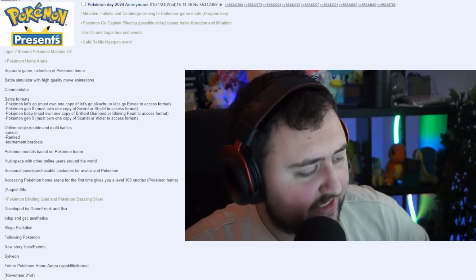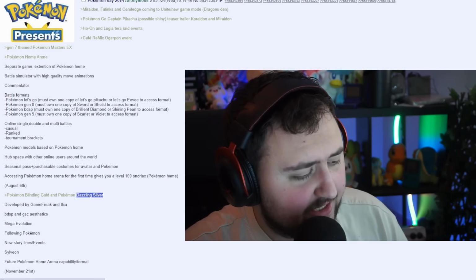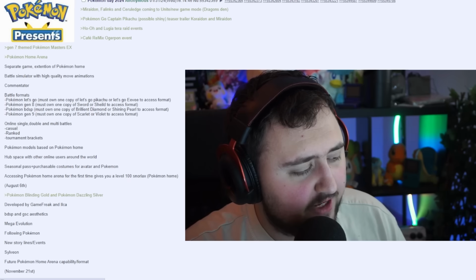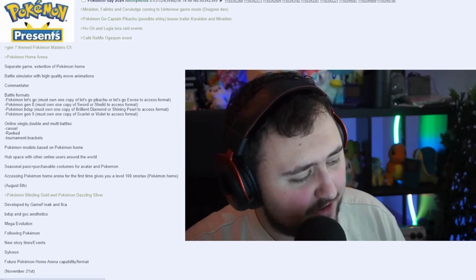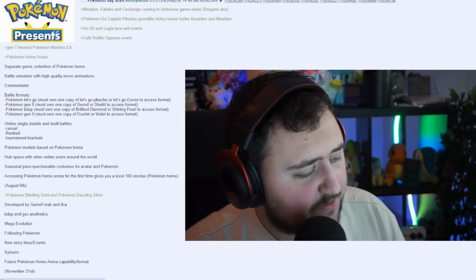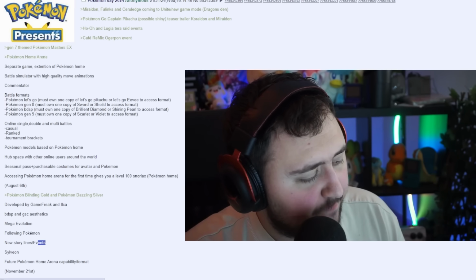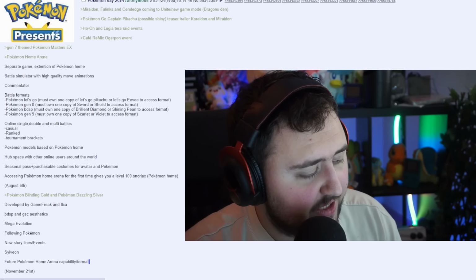Moving on, though, they say the next thing, which is August 6th. Apparently, Pokemon Blinding Gold and Pokemon Dazzling Silver. Huh. I feel like the word blinding in this case, I don't know if they would do that. That seems like a word they wouldn't use in a Pokemon title. It's just, I don't know, Chief. Apparently developed by Game Freak and Ilca. Okay. It has BDSP and Gold Silver Crystal aesthetic. What does that mean? Mega Evolution, following Pokemon, new storylines and events, Sylveon, future Pokemon Home Arena capability and format,